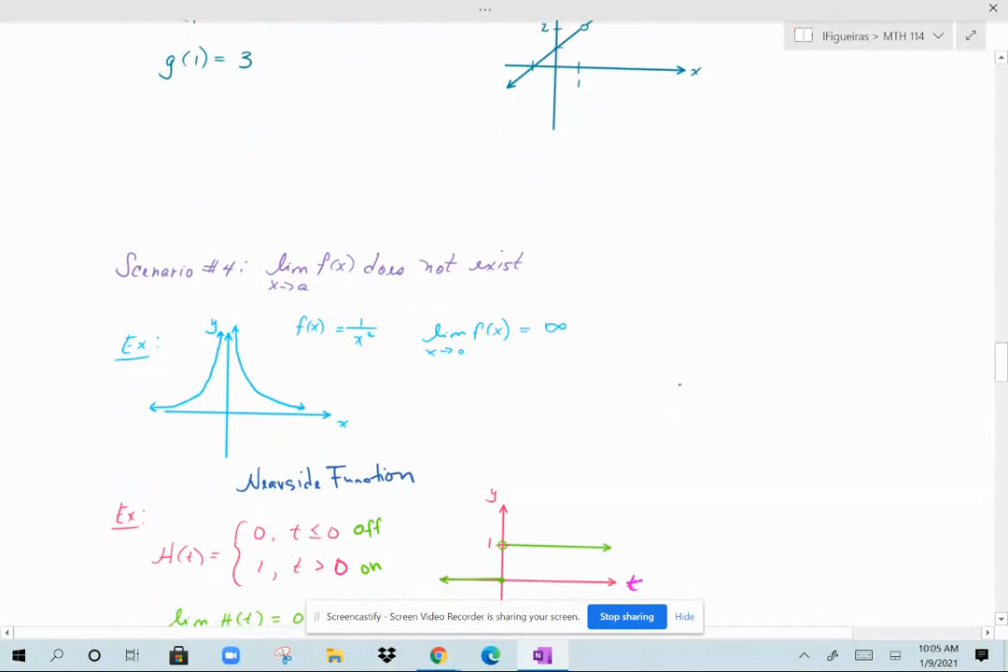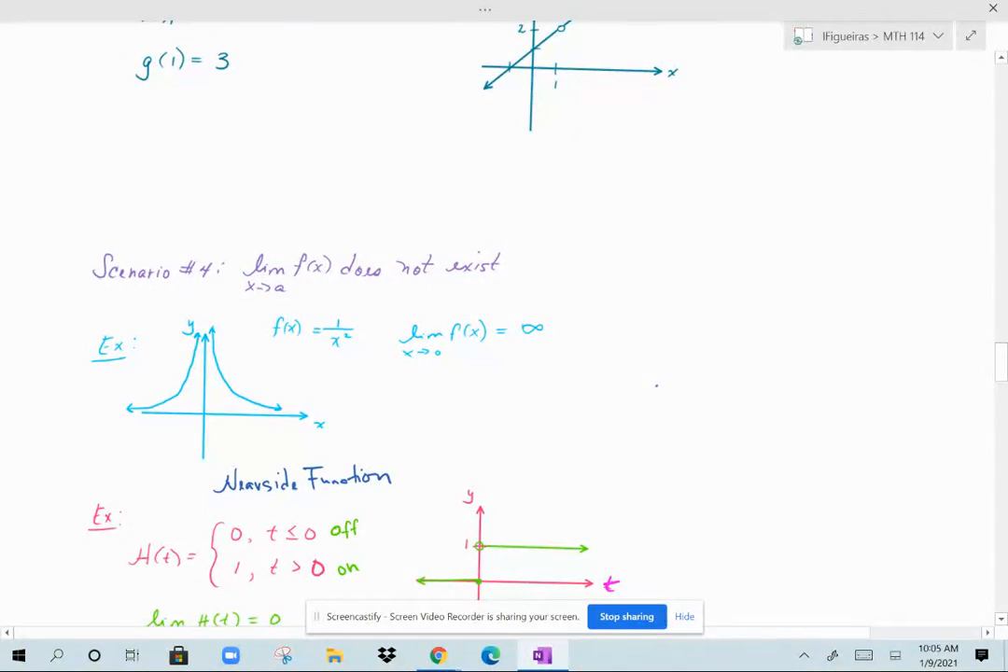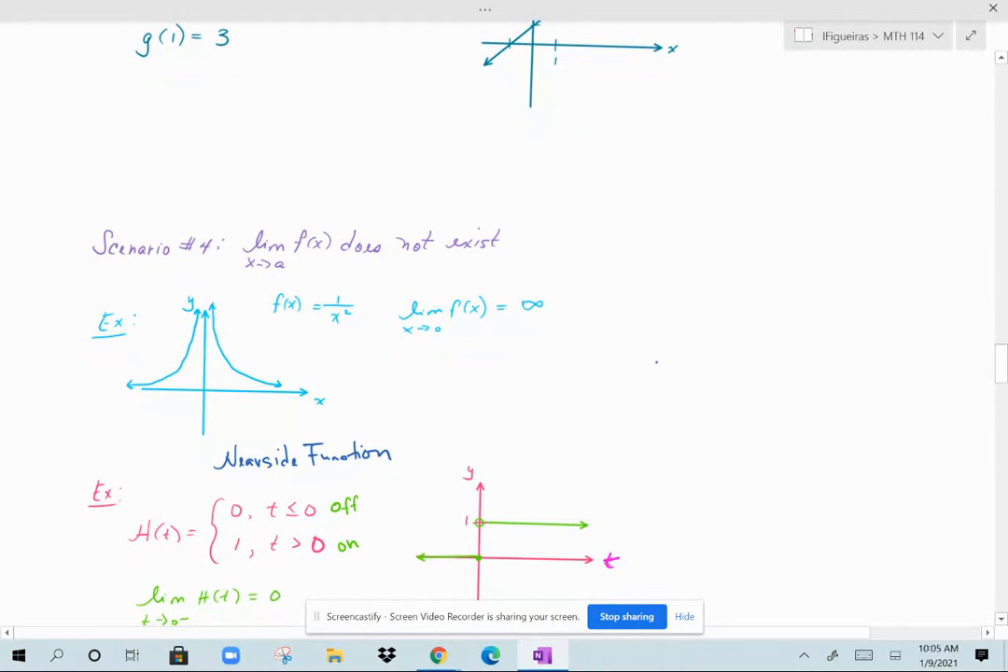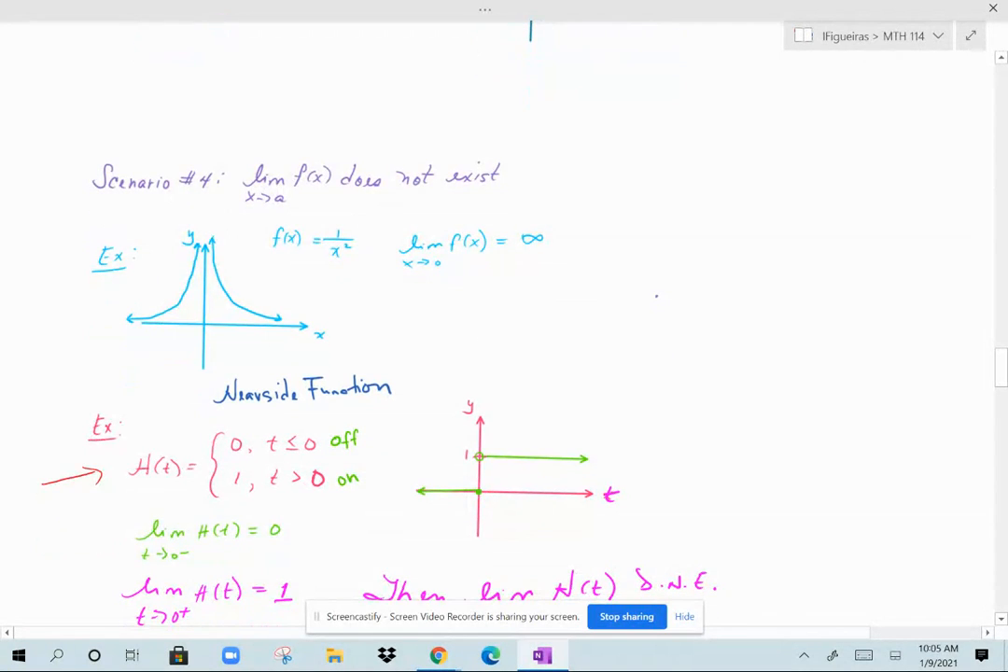Another example is this one here. This one actually has a special name. It's called the Heaviside function, and it's supposed to represent a light switch. So I have h of t is equal to 0 when t is less than or equal to 0, meaning the switch is off, and h of t is equal to 1 when t is greater than 0, meaning the switch is on. So if I wanted to compute the limit as t approaches 0,